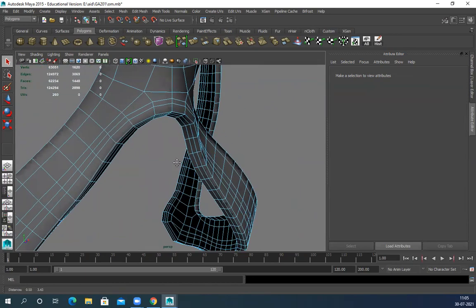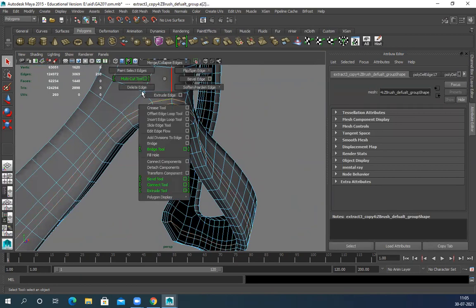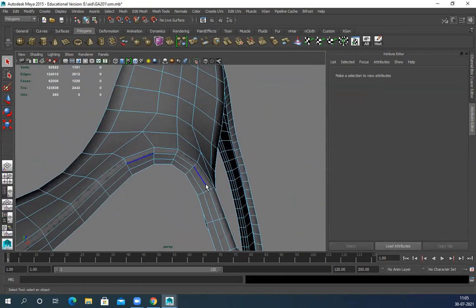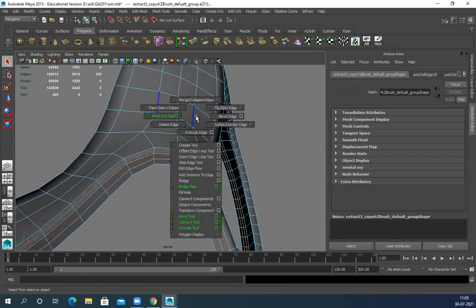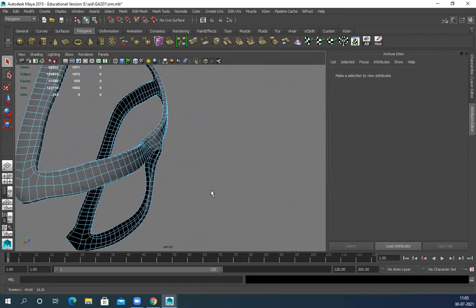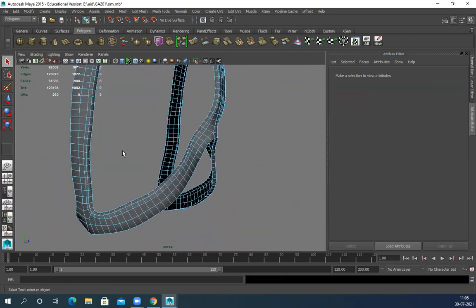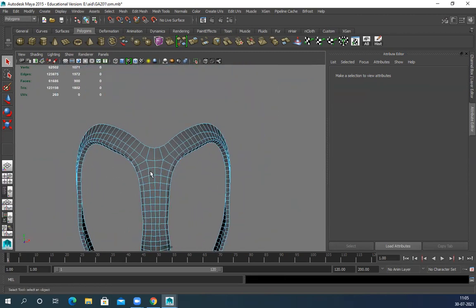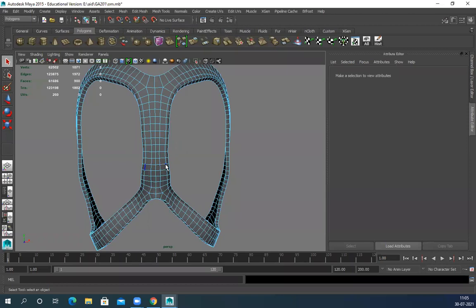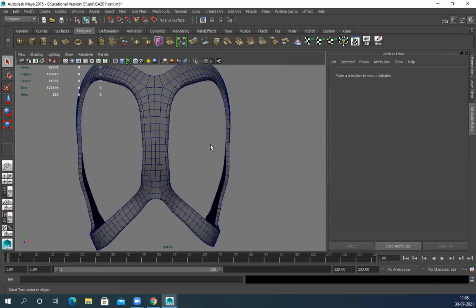Optimizing everything as much as possible. And this is next to the face, so that's why I'm keeping it a little high poly.